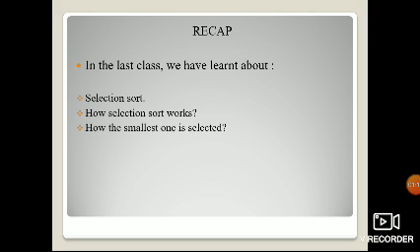Next, what is selection sorting? As the name itself says, we have to select the smallest one and then exchange or swap the values.